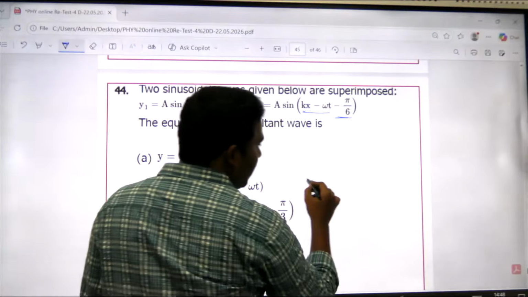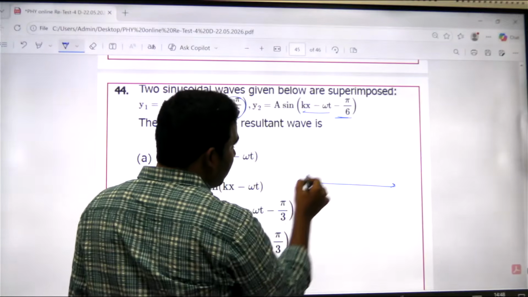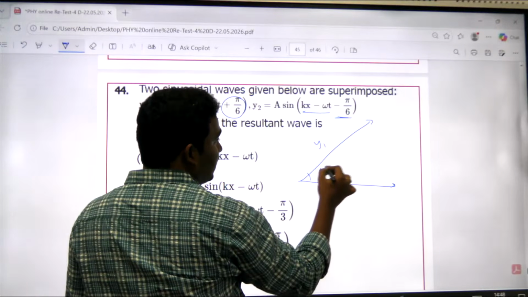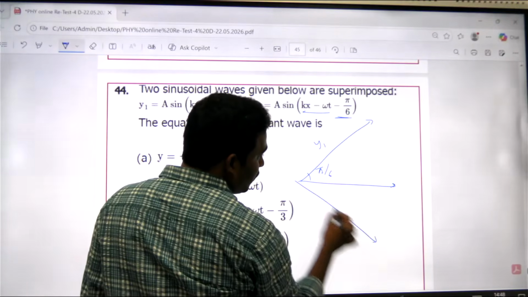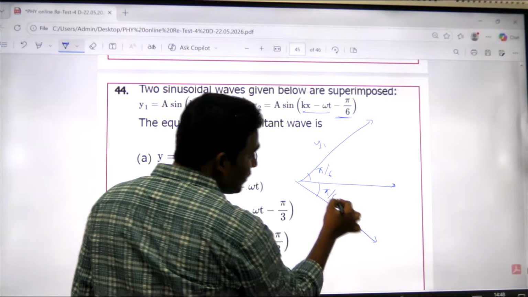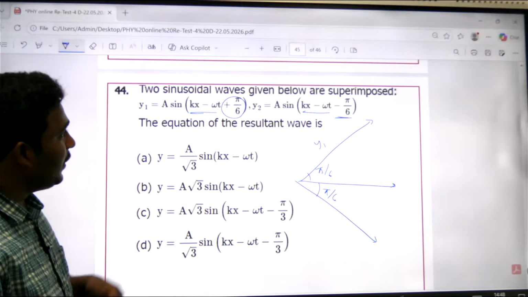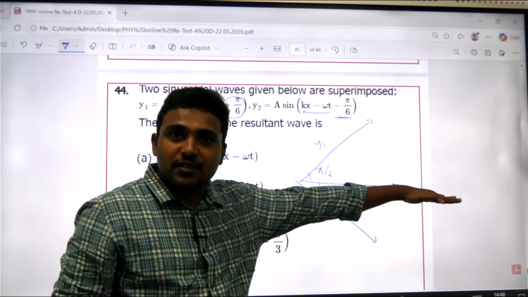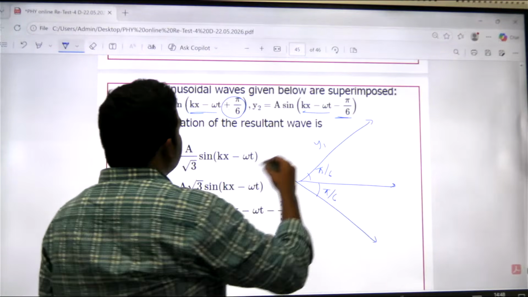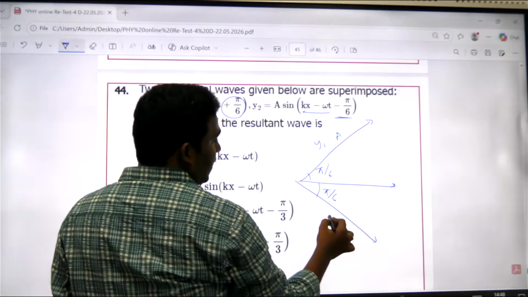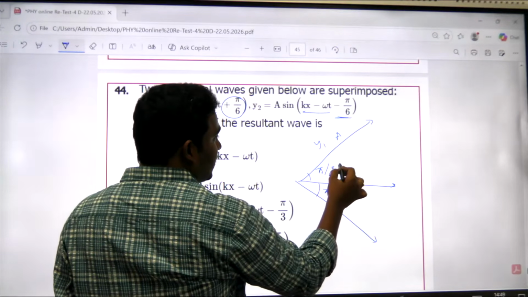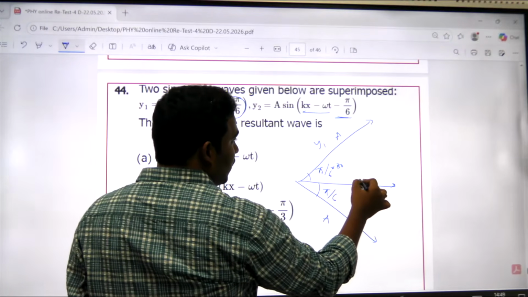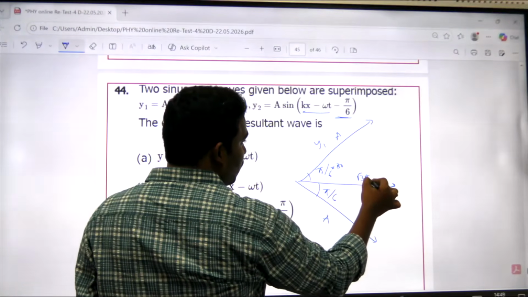So, can I simply say, if this is the normal thing, the first value y1 is at pi by 6 here, and what is y2? Y2 is also there with the same pi by 6 but in the opposite direction. Now, since the angles are the same, they will lie on the x-axis itself. If they are lying on the x-axis, the amplitude of this is a, the amplitude of this is a, and pi by 6 is nothing but 30 degrees. A cos 30 is root 3 by 2, so the amplitude is root 3 a by 2,